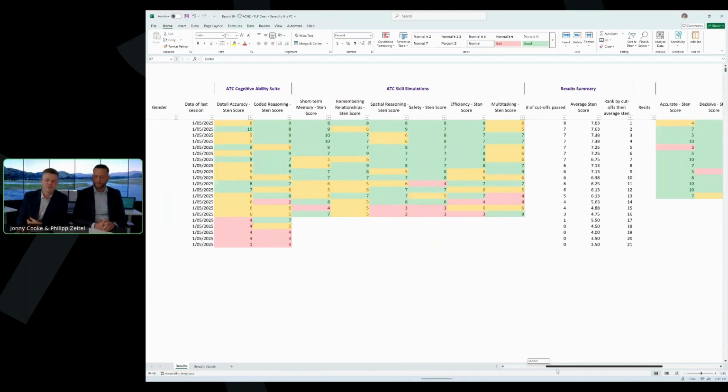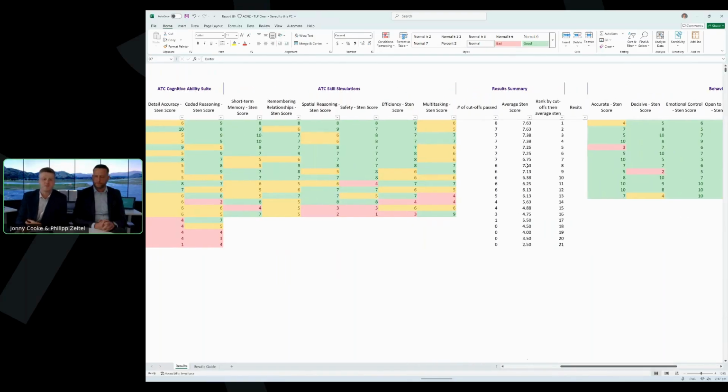And what this report does too is it creates an average STEM score. So it gives you an average score against all of the testing that you did. And it's effectively ranking everyone who did the test, giving you a rank of who is the best and who is the weakest. Again, we wanted this non-biased, data-driven tool. We wanted to make it really easy to decide where to draw the line.